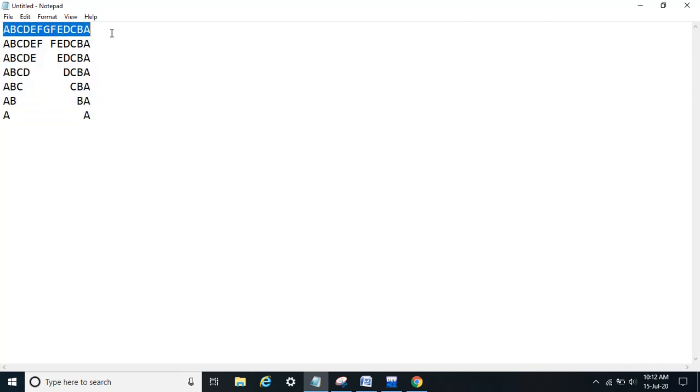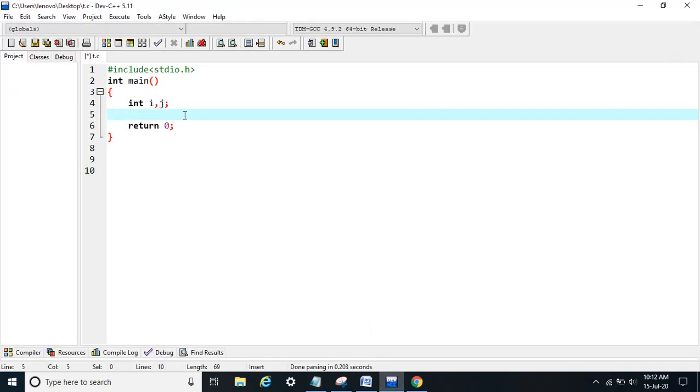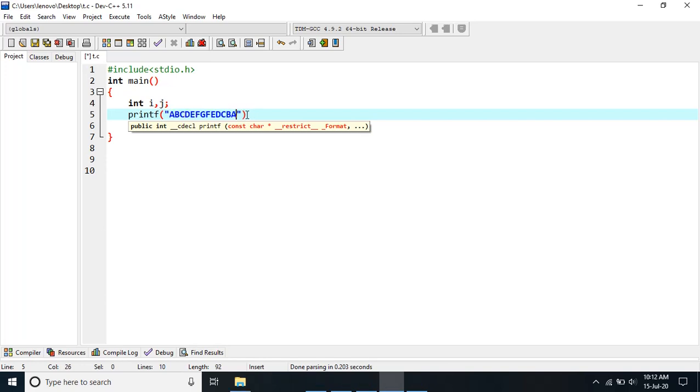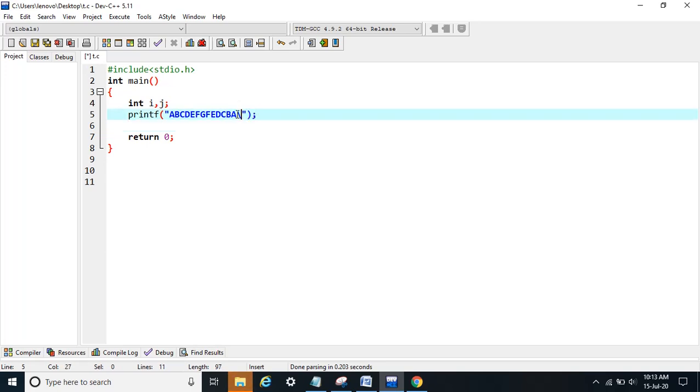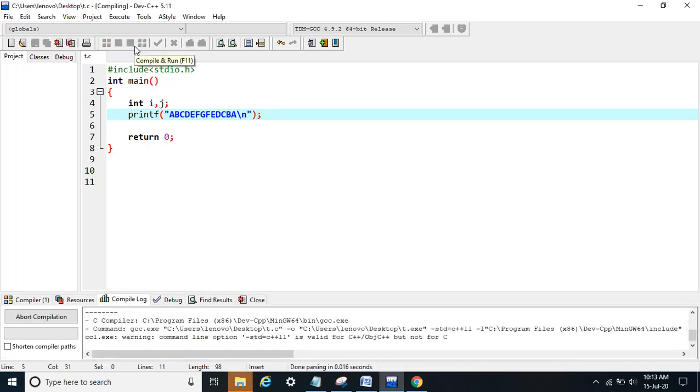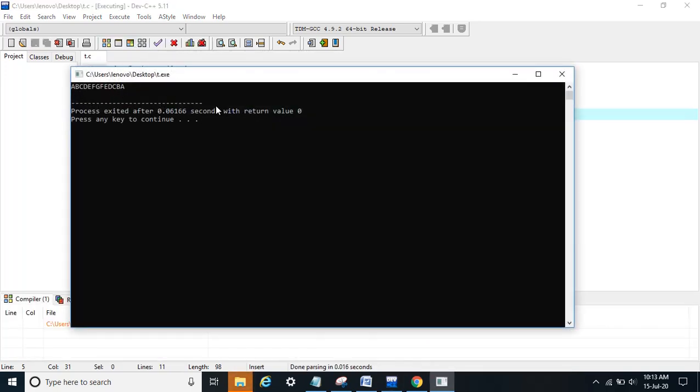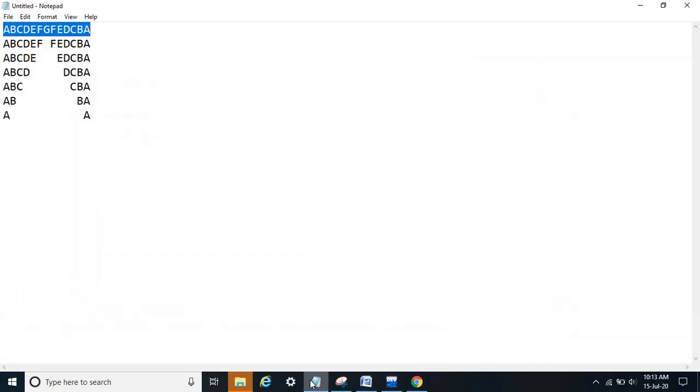So let's do this. Let's copy this row, and first let's print this as it is. After that we will also print a new line. So up to now, I have printed the first row as it is without including it in the logic part. So let's remove this first row from here. Now our pattern is this, because we have printed the first row as it is. Now we will build logic for this one.